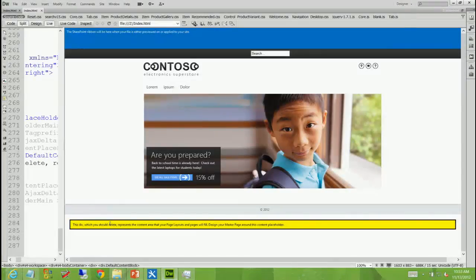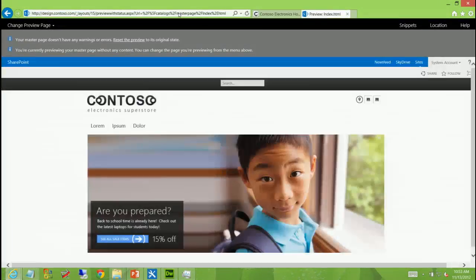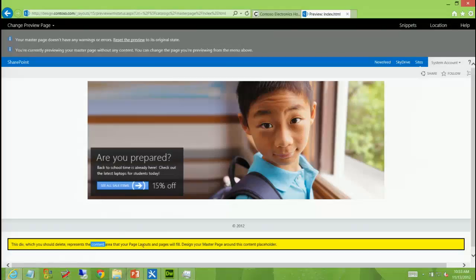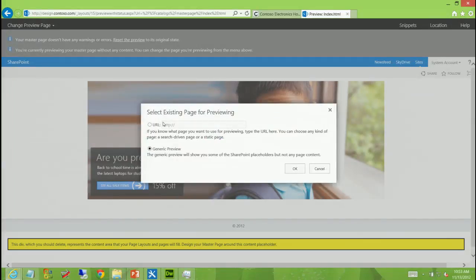So the idea is, as I go preview this on the server, which by now should be ready, excellent. So as you can see, as I preview the server, I have a real ribbon. I really do have, for now, constant placeholder main, because I'm not previewing this in the context of a page. But of course, that's probably the best way to design. So we gave you that option. So you can go in the preview page, you can specify what you want the preview URL to be. And then we'll use that URL when we render the page. So if I was to set this, for example, to the home page,